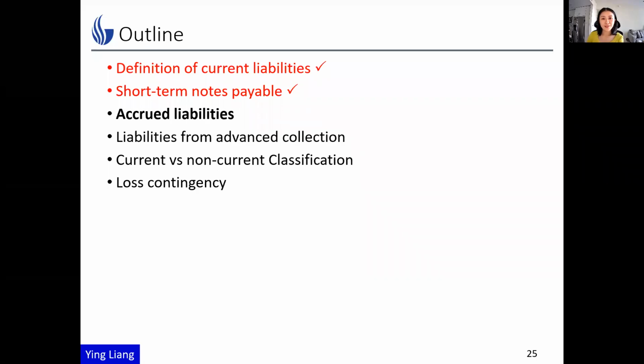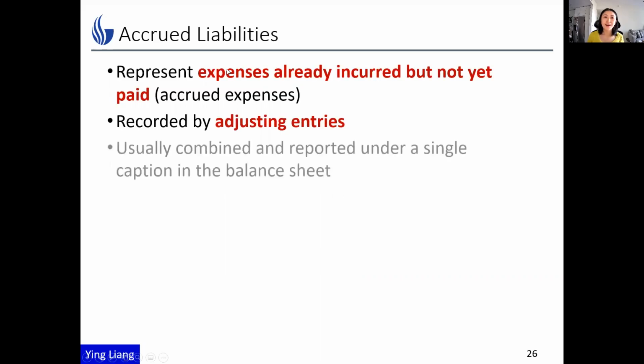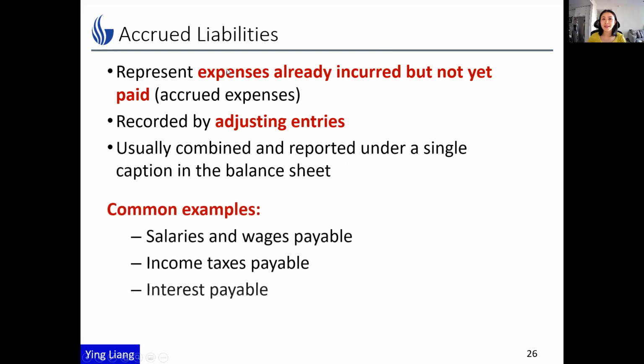Starting from this video, we're going to cover accrued liabilities. Accrued liabilities represent expenses already incurred but not yet paid. In other words, whenever we have an accrued liability, the other side must be expense. These accrued liabilities are recorded by adjusting entries at the end of the reporting period, prior to preparing